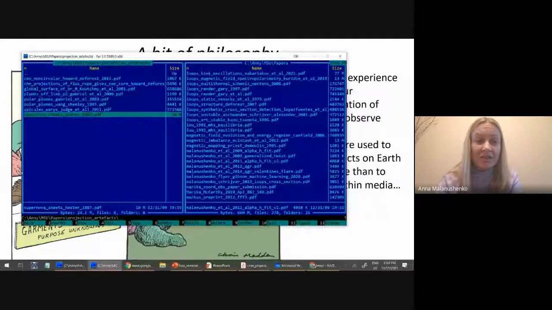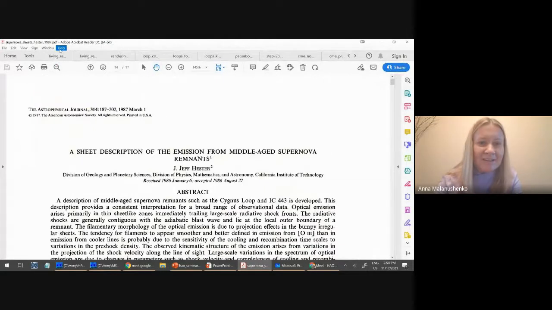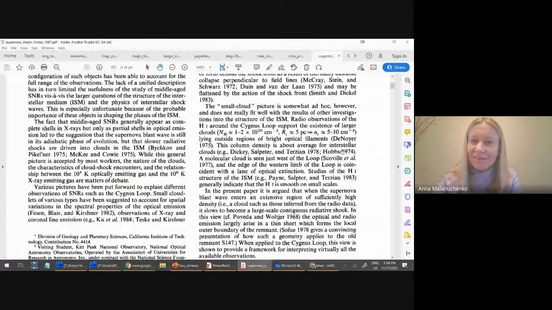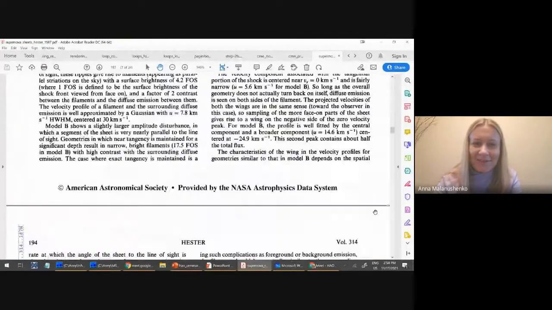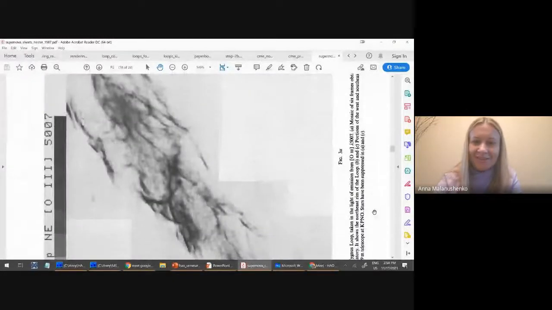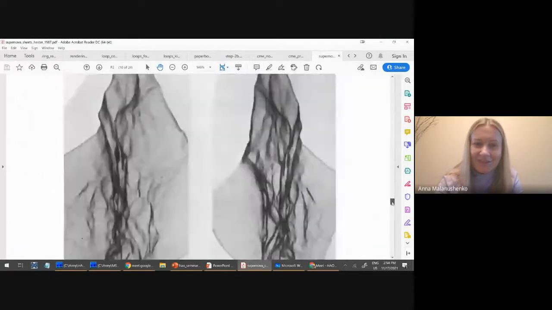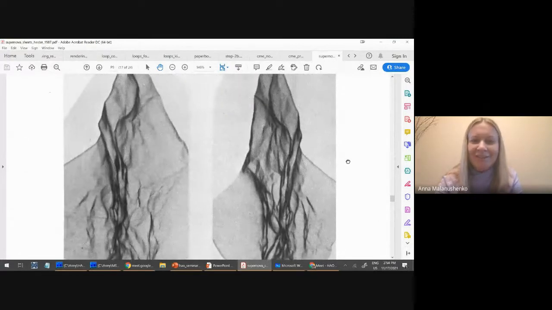It is, and it actually is not restricted to solar physics. Actually, I found this paper by Hester in 1987 that regards supernova remnants, and it's actually interesting to look at. So they interpret astrophotography such as this, and astrophotography such as this, and they try to explain it with actual photographs of their actual mesh screen.